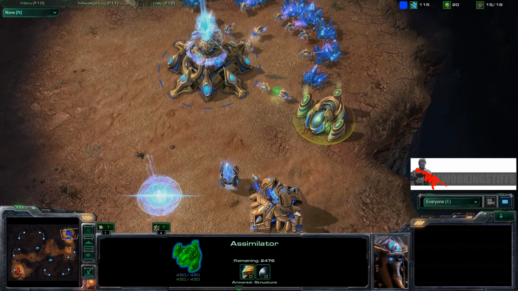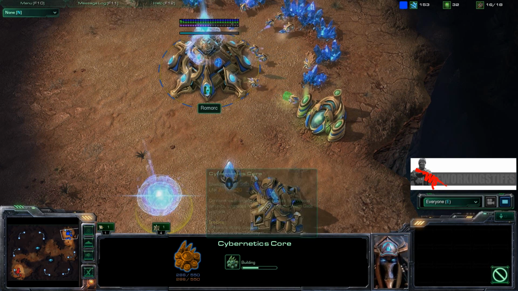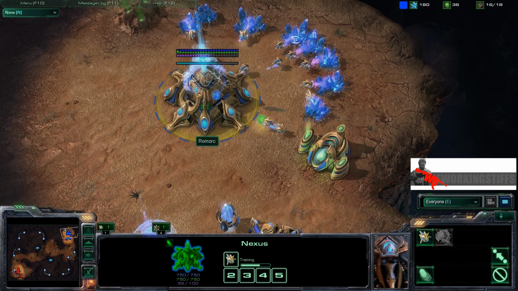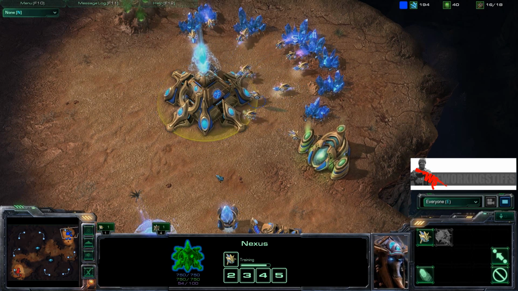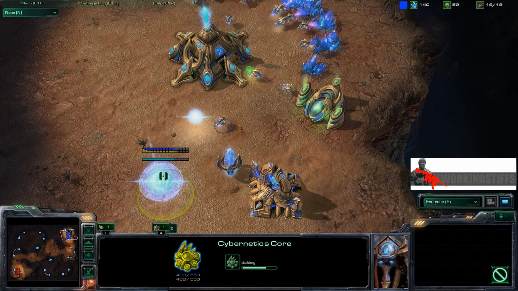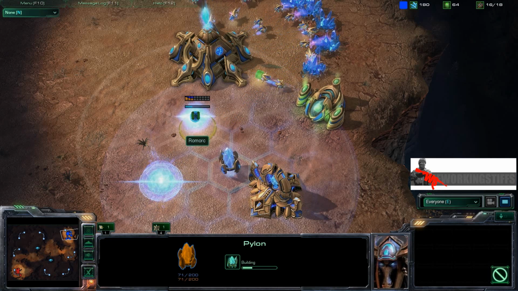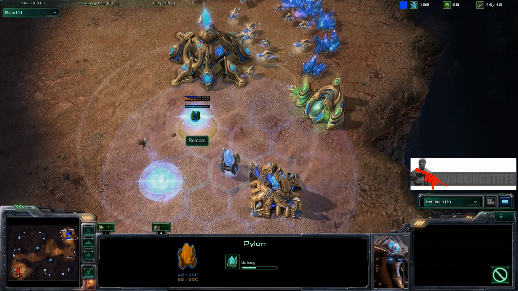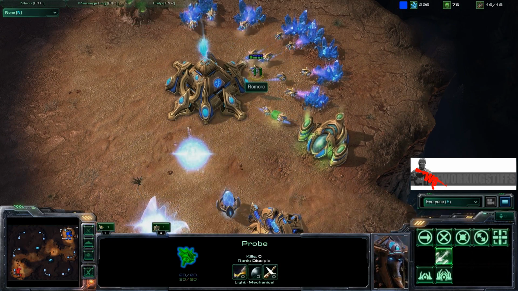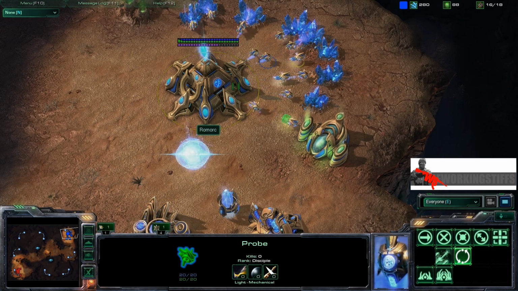So as your gas finishes, you want to start your cybernetics core, and you can chrono boost some of your probes here, your first set of probes, but you really want to save the majority of your chrono boost for your warp gate research. Build your second pylon at 16, and you will only build 18 probes. So after that,